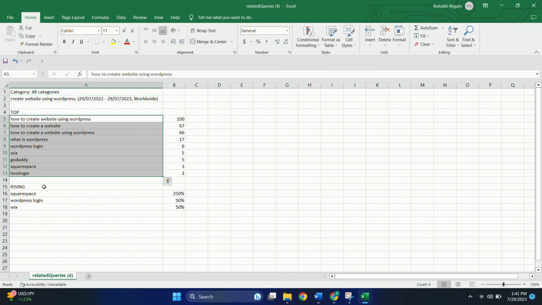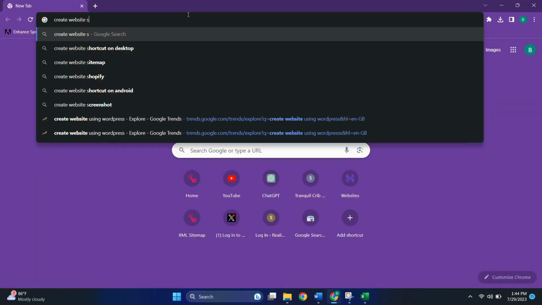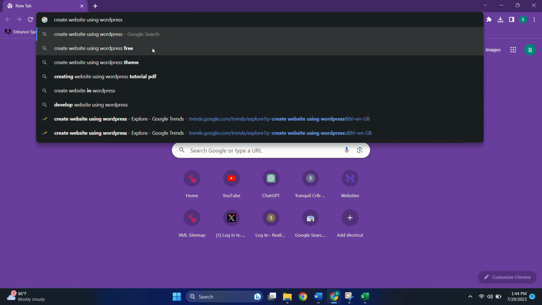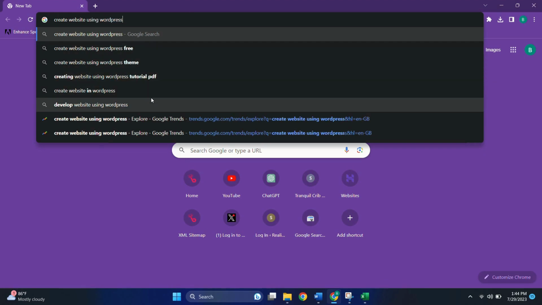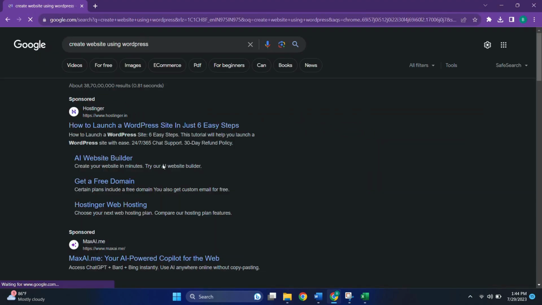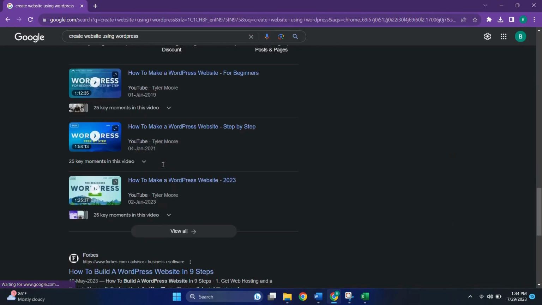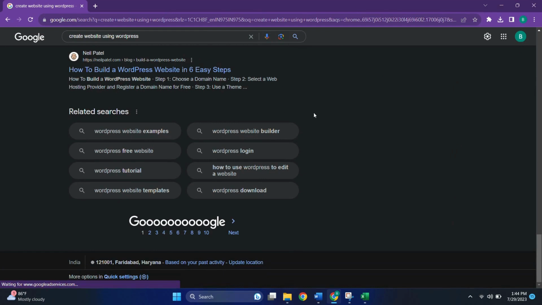Now, moving ahead with the next method, we also know from the previous video that users often use related searches and auto suggestions in the form of questions, prepositions, comparisons, and alphabets when searching. So here downwards we can see the related searches. We can use this kind of related searches for each and every question, preposition, and comparison. But it will become a manual and very hectic task. So for automating this, Google has provided us with an extension. We can use that extension.